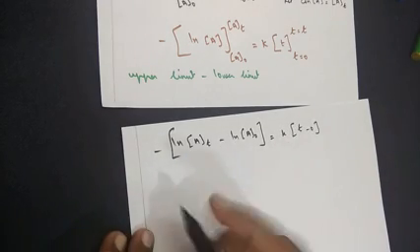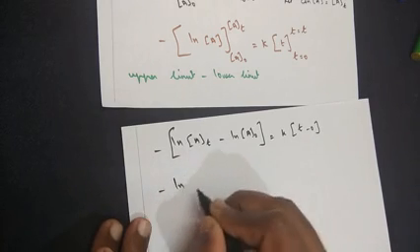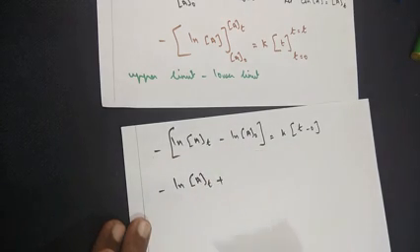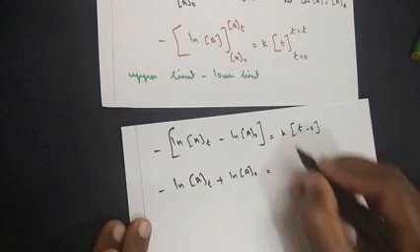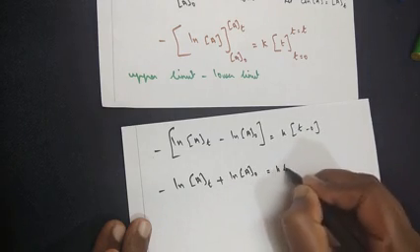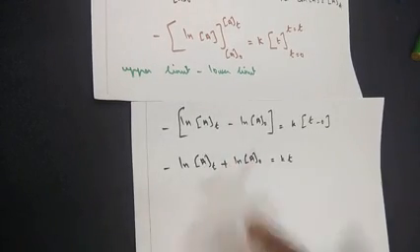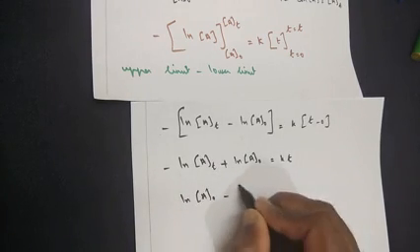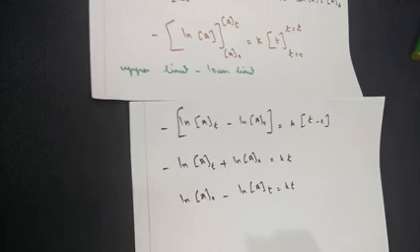Let's open up the bracket here. So minus into plus will give us minus. So we get natural log of At, and minus into minus will give us a plus here, natural log of A naught, is equal to, now t minus 0 is t. So K into t will give us the Kt term here. Let's rearrange so that we write the plus term first and the minus term second. So natural log of A naught minus natural log of At is equal to Kt.